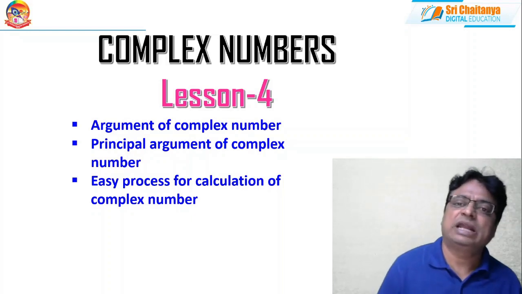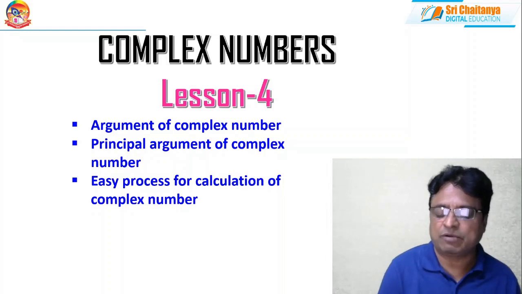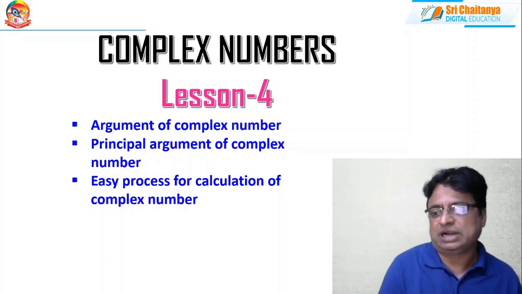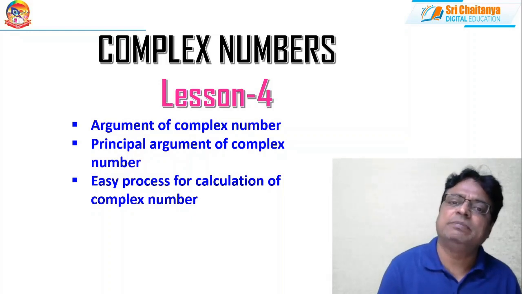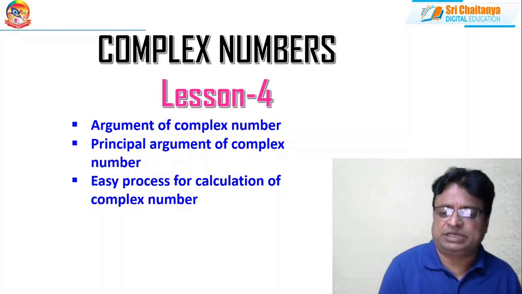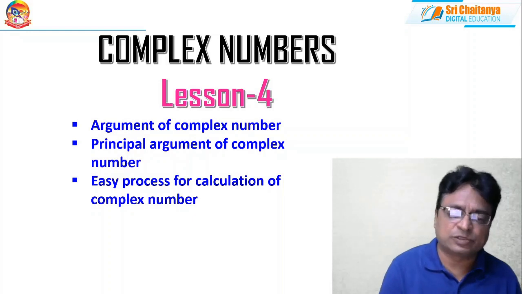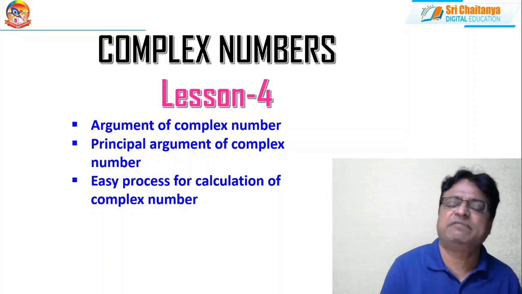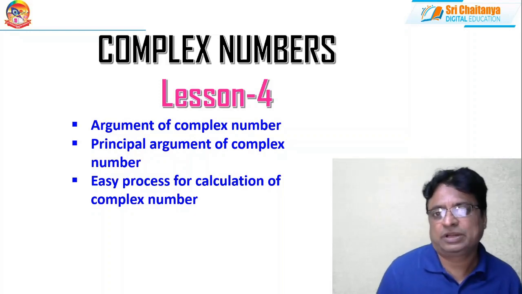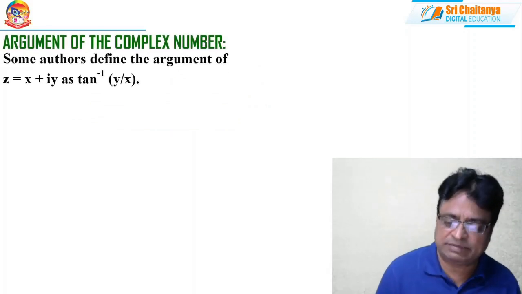This is another important area in complex numbers, because so far in lessons 1, 2, 3 we have learned what a complex number is, the representation of a complex number in Cartesian form and ordered pair form, basic addition, multiplication, inverse and division properties, the different types of complex numbers, and the modulus of complex numbers. Everything we have learned up to now. Now, in this lesson, we are concentrating on the argument. What is an argument of a complex number?